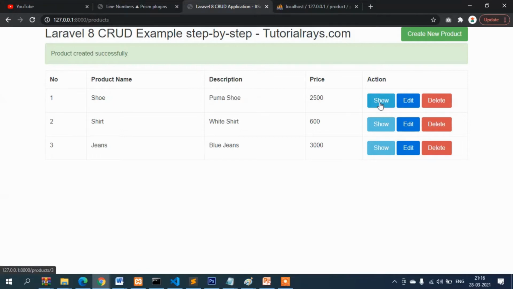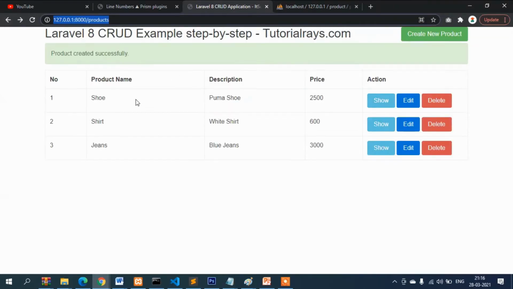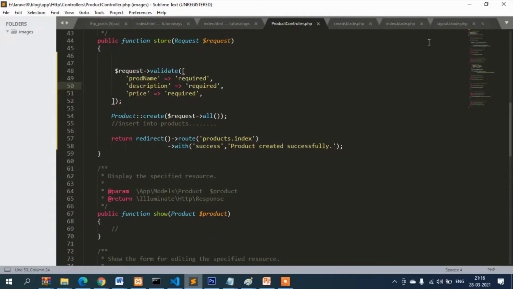For example, if I click on this, then based on this ID, the data of this row will display in a separate page. So in this page we are going to discuss that. If you click here, you can see that it is showing blank. Once again it is showing blank because here